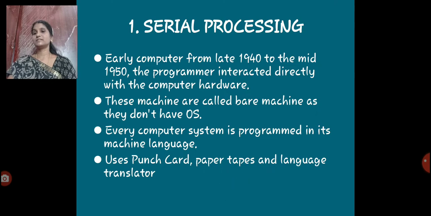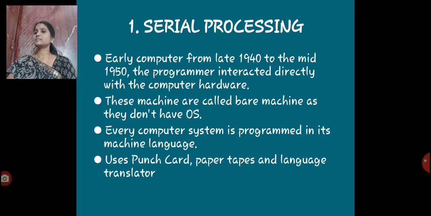Right, and this is the first stage of an operating system. In early operating systems, in the days of 1940 till the middle of 1950, the programmer interacted directly with the computer hardware. We know pretty well, the OS only glued the computer user and the computer hardware. But in the early days, there was no OS. The user just interacted directly with the computer hardware, and the machine without the OS was named a bare machine. A bare machine is a computer system without an operating system.